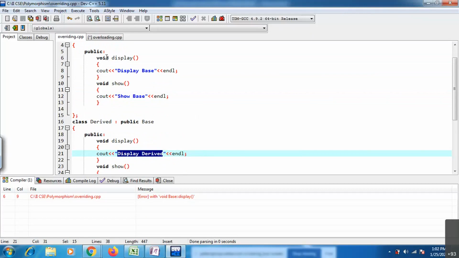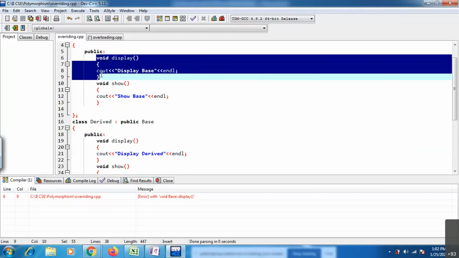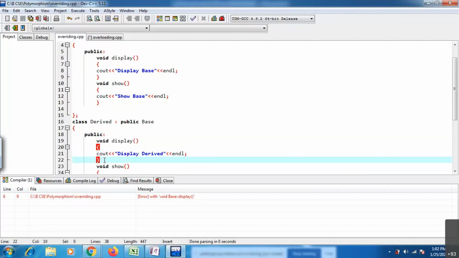Same function existing in two different ways: in the base class it does some work, in the derived class it does other work. That means you achieve the polymorphism concept here. The same thing existing in different forms is called polymorphism, which exists at the time of running your code.